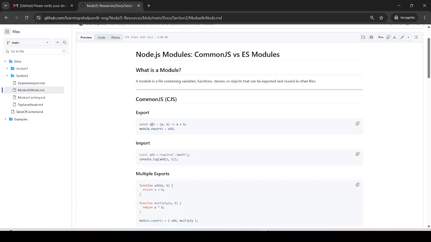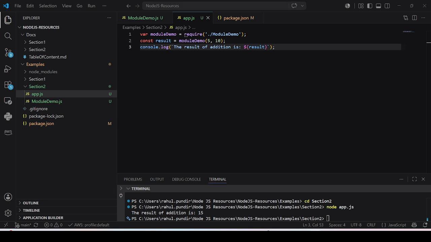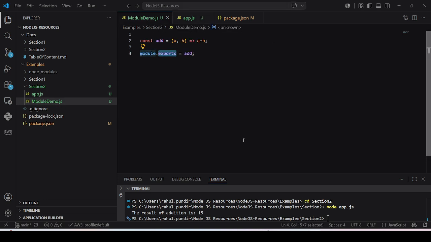First you can define a variable like this. You can define a function like const add, and you can export this, and similarly you can import this. This is one example. First we are discussing the old way of how modules are used. This is a single method, but if you have multiple methods, let's say const multiply,